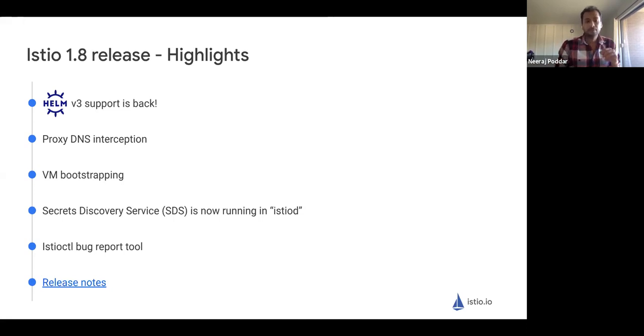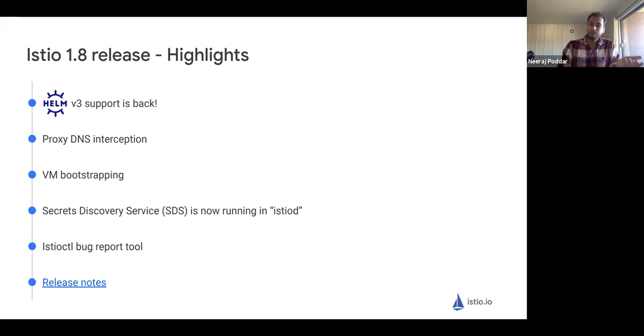So this tool is a great way of grabbing all the information from your cluster or for a specific pod, so that in one single snapshot, you can upload the cluster configuration, what's happening in your Istio pods, what the Envoy configuration looks like, and what istioctl analyze surfaces as errors. All of that information is collected, a tarball will be produced, and you can just upload it on a GitHub issue or share it across your team members so you can easily debug and diagnose issues in your mesh.